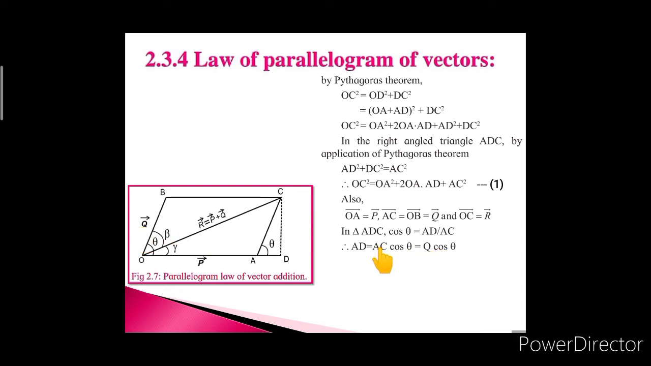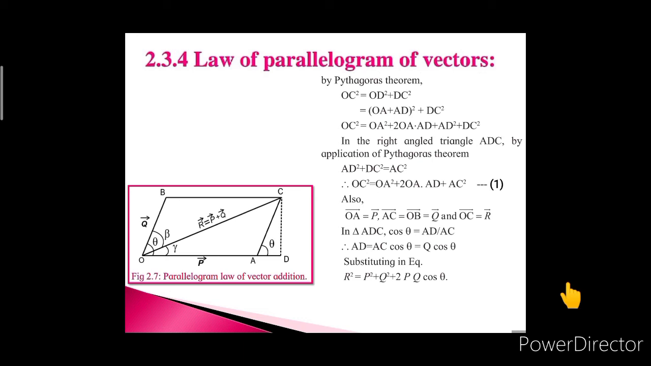So the magnitude of vector AC is equal to the magnitude of vector Q, and magnitude we represent by the letter only. So the AD side has the magnitude Q into cos theta. So the side AD of the right angle triangle ADC now has the value Q cos theta. Now let's substitute this